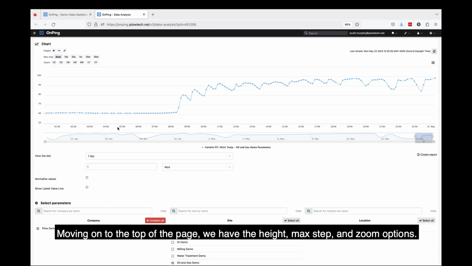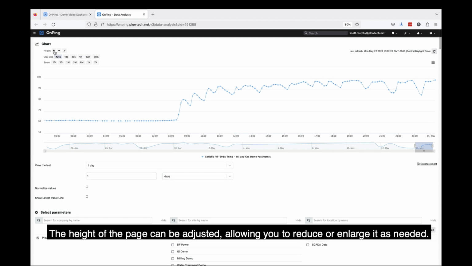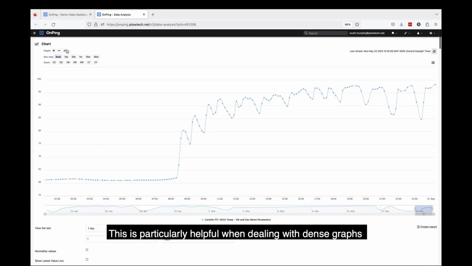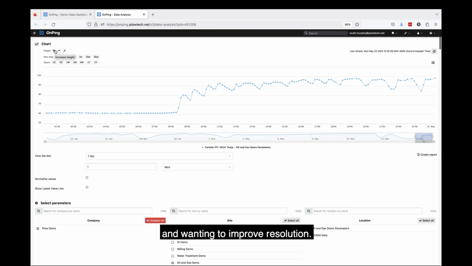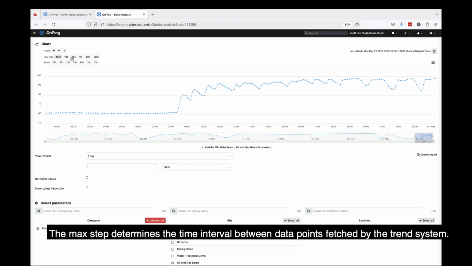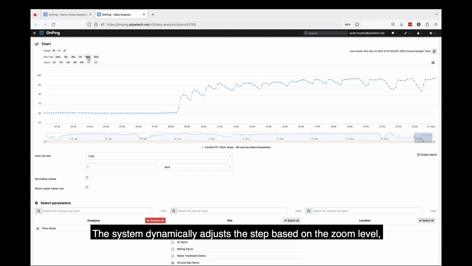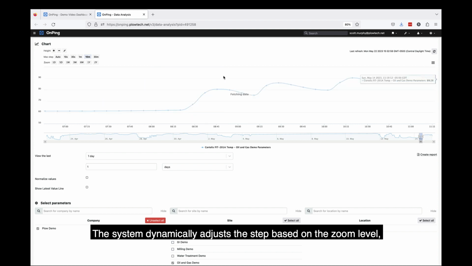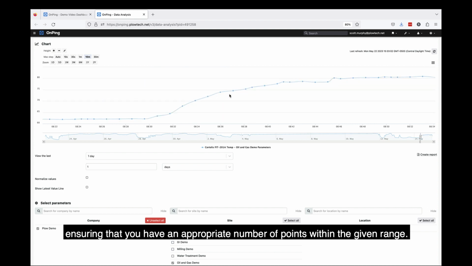Moving on to the top of the page, we have the height, max step, and zoom options. The height of the page can be adjusted, allowing you to reduce or enlarge it as needed. This is particularly helpful when dealing with dense graphs and wanting to improve resolution. The max step determines the time interval between data points fetched by the trend system. The system dynamically adjusts the step based on the zoom level, ensuring that you have an appropriate number of points